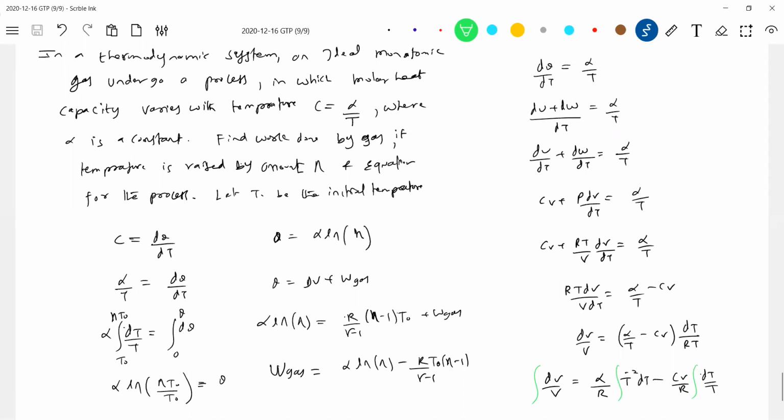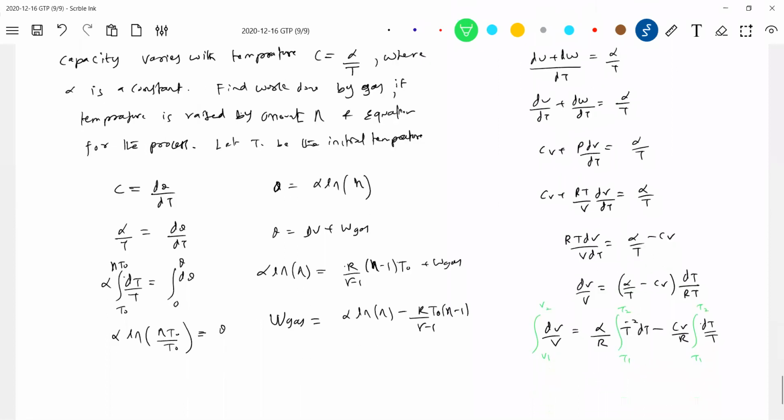Proceed like this. So will write like this. Solve it. It's just mathematics. Let me cover one more idea. So molar capacity can be a function of temperature also. I'll write down the final answer.